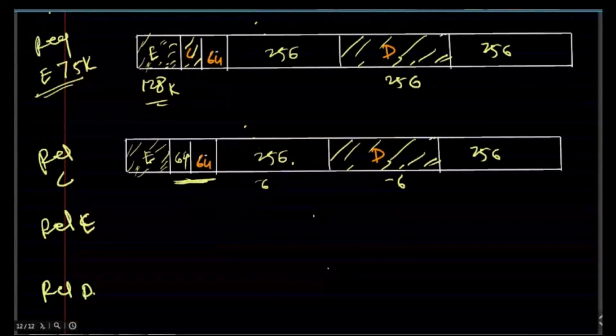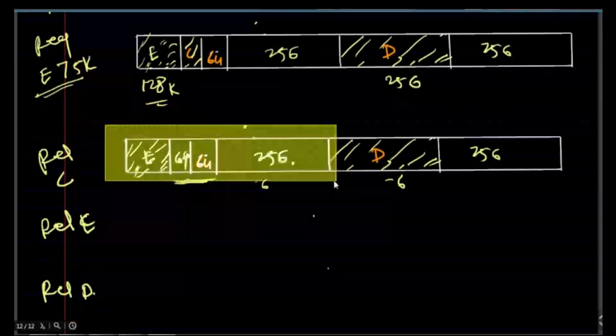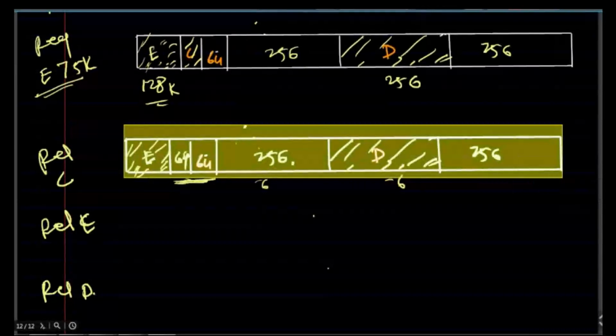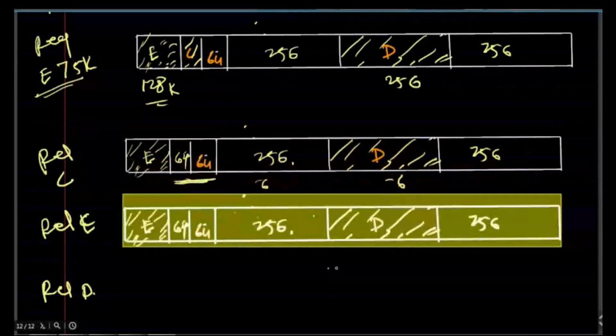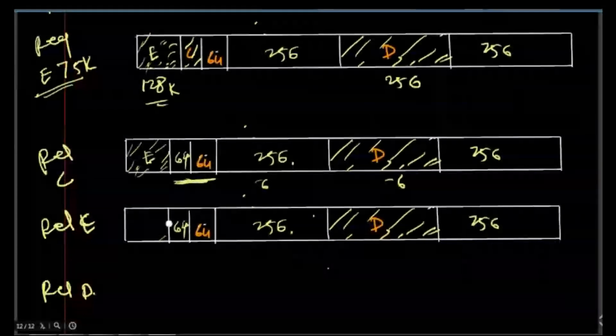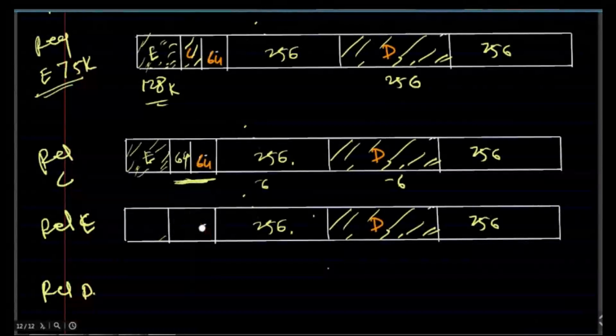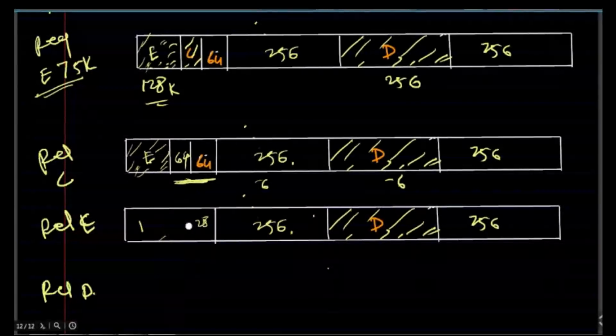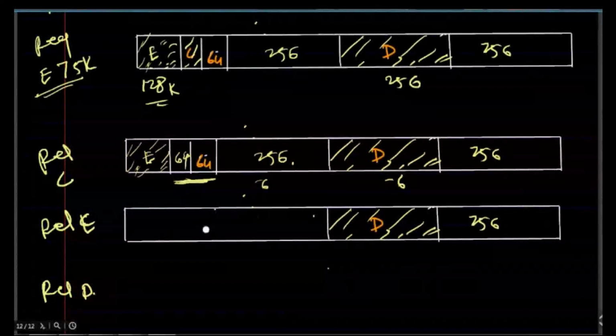So let us copy this. What will happen in the next step? We will have to merge these two blocks. Okay, now we have to release E as well. So what will happen? These 64s will be merged together to form the 128. Then these 128s are of the same size, so they can be grouped together to form 256 and 256. And these 256s are of equal size, so we can merge them together to form the whole block of size 512.